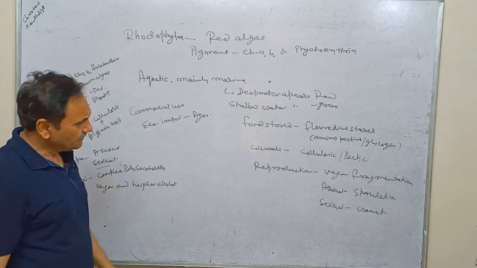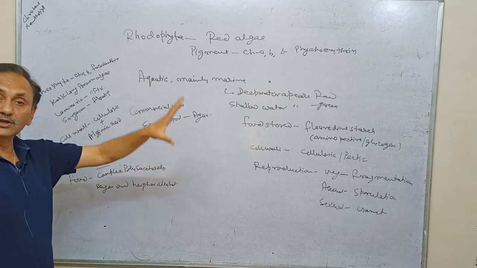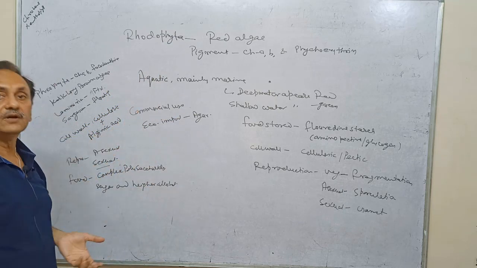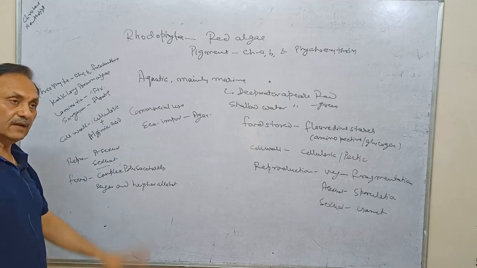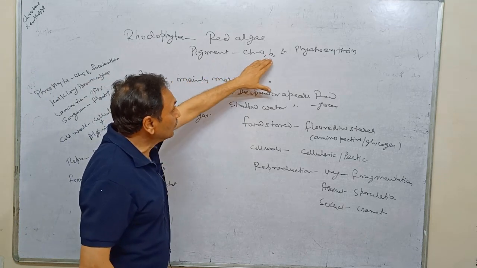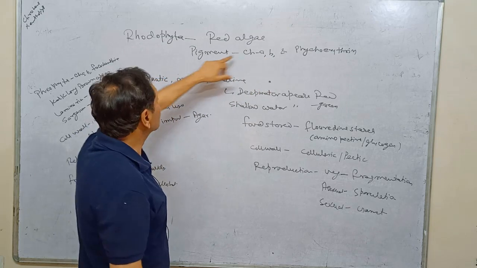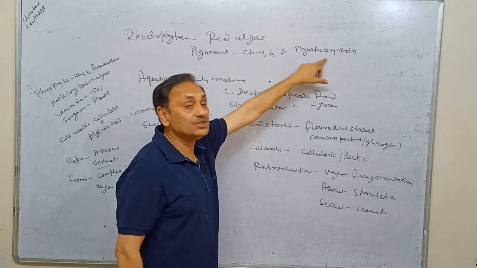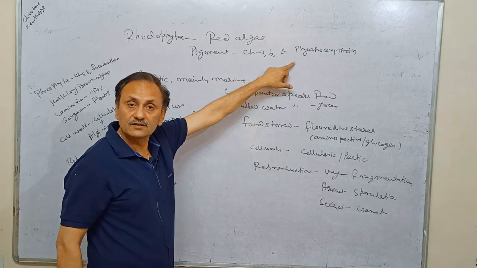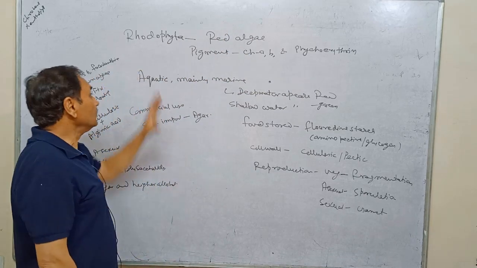We have told you that algae are those plants which have the capacity to prepare their own food. It means they must have chlorophyll. Here you will see that the pigments chlorophyll a and chlorophyll d are present. But in addition to this chlorophyll, phycoerythrin, which is the cause of the redness, is also present inside it, and due to this phycoerythrin it is called red algae. Most of the red algae are marine,